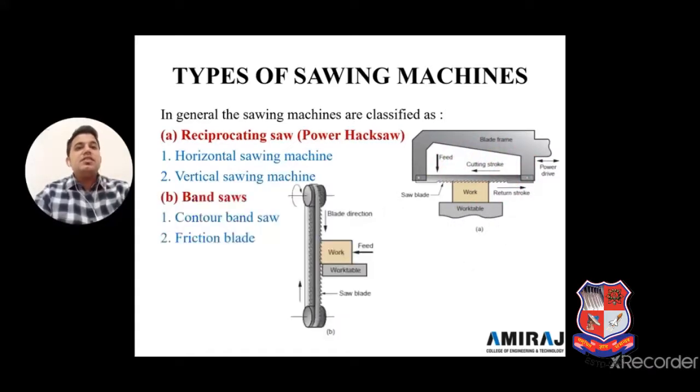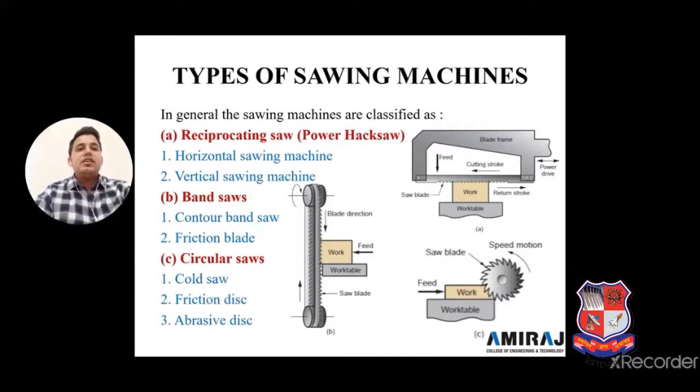Now the next one is the band saw. A band saw is mostly used for wooden and brittle materials. You can observe the long strip blade, and two driven roller supports. We feed the workpiece from one side, and there is a work table. So it is a continuous blade saw and a friction blade saw. We will look at these two types in detail.